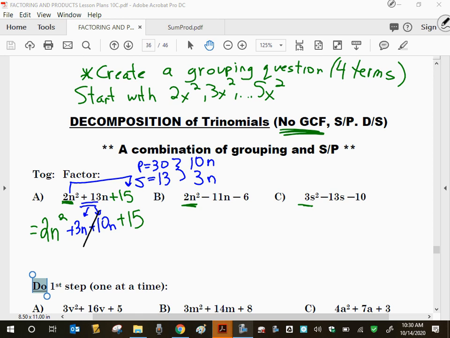So sum product, then you make this 1 term into 2 terms, which lets you slice and dice. Take a GCF out of the first 2 terms, take a 5 out of the last two terms, and your bracket should match up. Again, you don't have to group this fast,